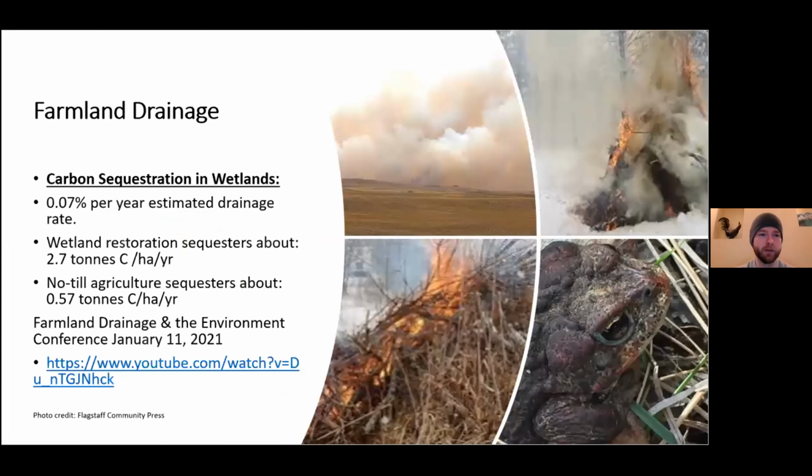Next we have the wetland, as far as clearing wetland areas or drainage areas or watershed areas for cropland or pasture land. So when landowners end up doing that, like I said before, those wetland areas are a really big carbon storage landscape. By removing them, you're losing that, there's a 0.7% drainage rate for carbon sequestration, as well